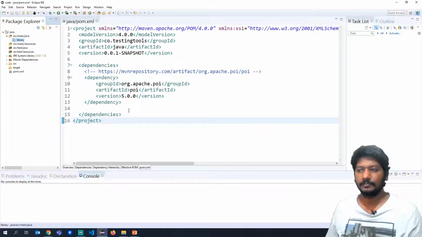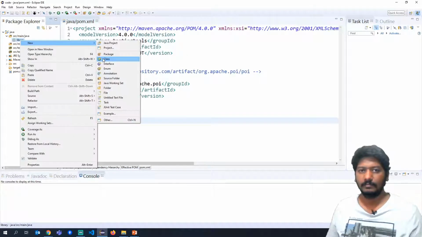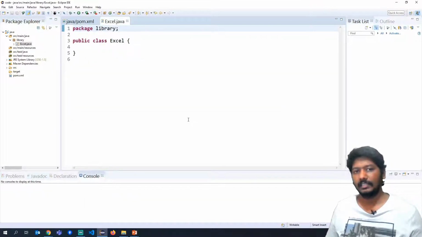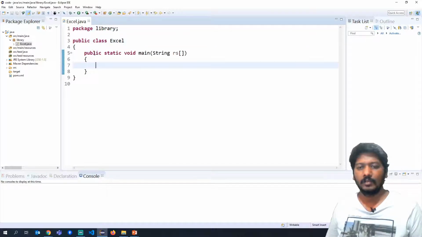Click finish. In this library, we will create a class called Excel. Okay, the class file is created. Now let us just close this form.xml file and then we will concentrate more on the Excel. In this class, we will try to load the Excel file and then read the data from